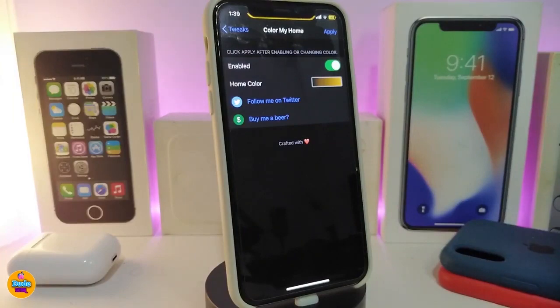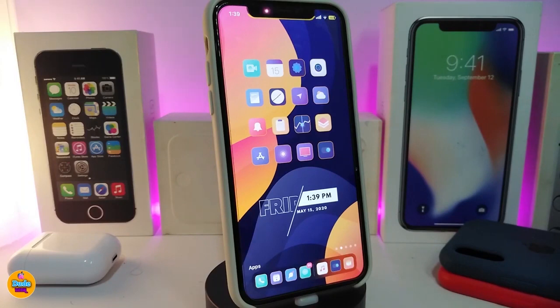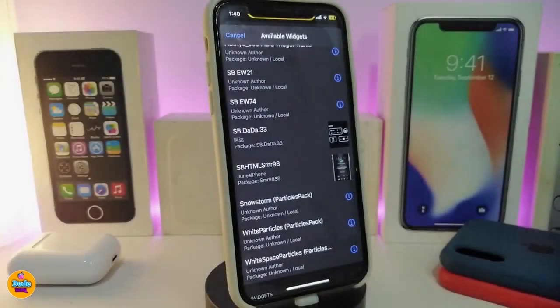So these are some of the things that come with that tweak, and this is pretty much what the tweak will provide you with. It will let you color your home bar on your lock screen just like that. Simple as that. Once again guys, this one is called ColorMyHome. Moving right now to talking about the other one, and the other one is a new widget I have to share with you guys, and this one is called the Springboard or the